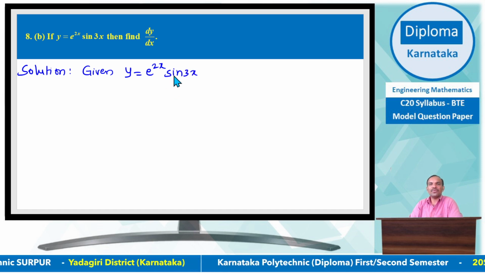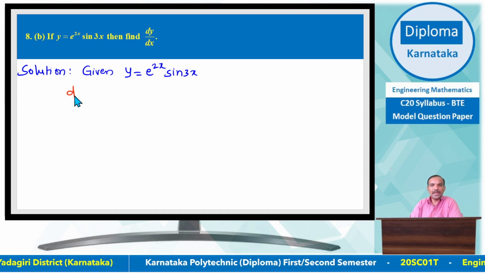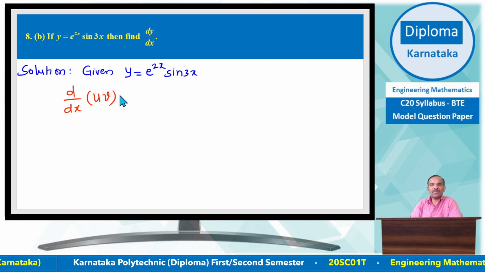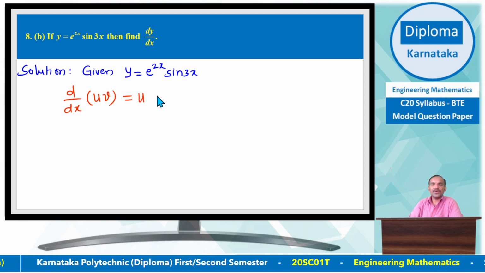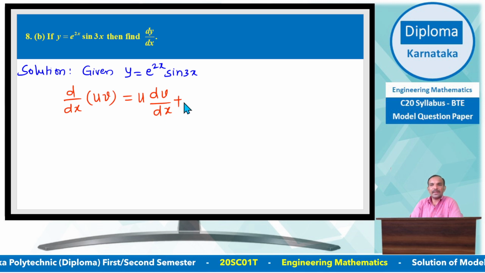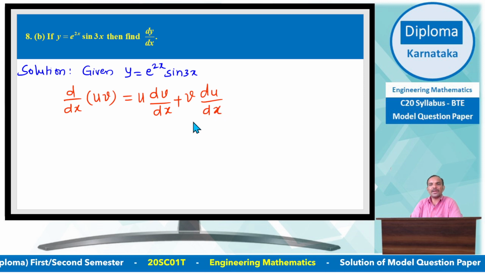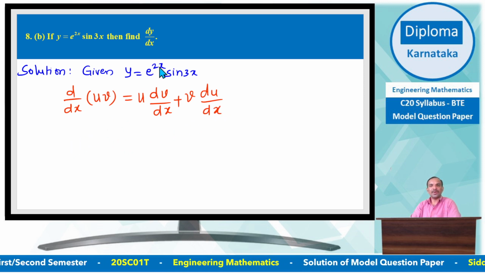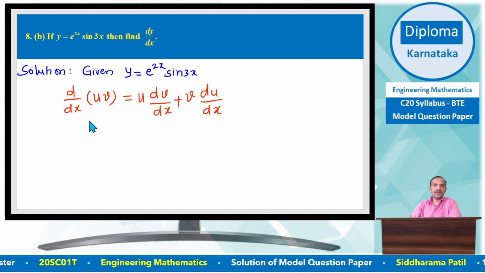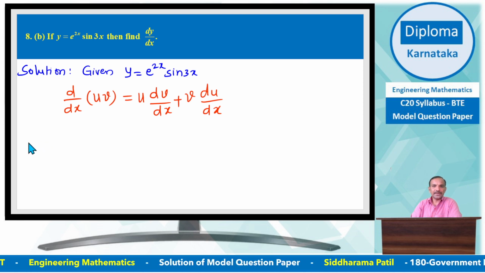Here is a product of two functions, therefore you have to use the product rule, that is d by dx of u into v equal to first function u as it is, differentiation of second, plus second as it is, differentiation of first. Here e to the power 2x is the first function, sin 3x is the second. From this rule, differentiating with respect to x,